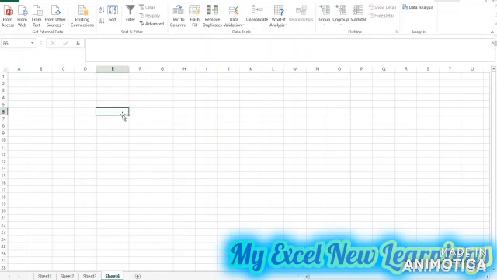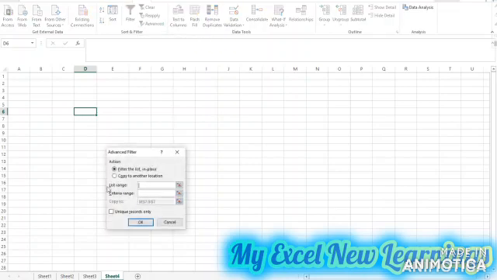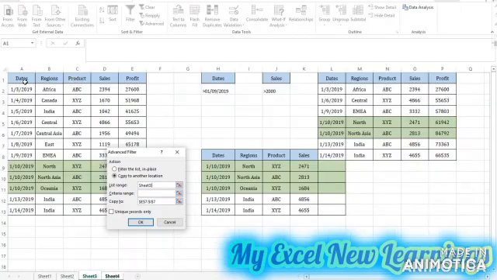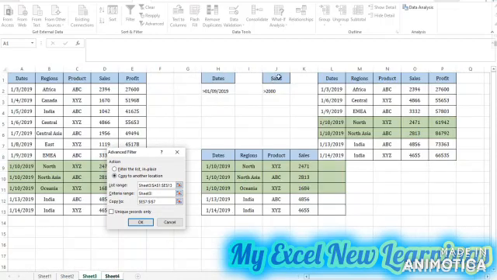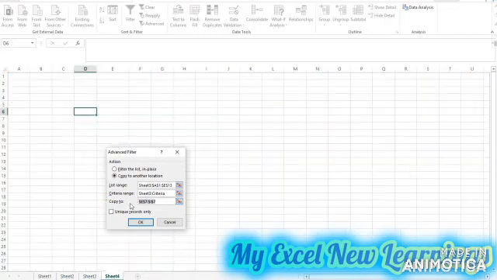So we will try from here. So I will click anywhere in the sheet 4, then I will click on the advanced filter. Now my list range is here in the sheet 3. I will select the table, and my criteria will be sales greater than 2000. So I want to paste the data in the sheet 4.